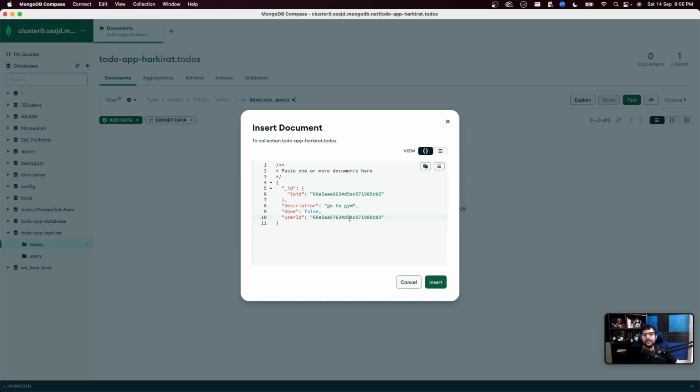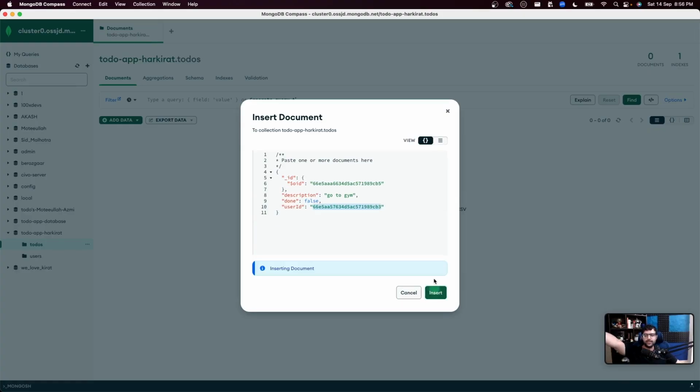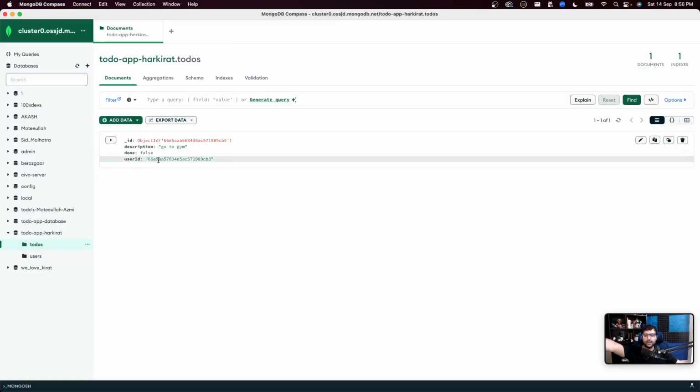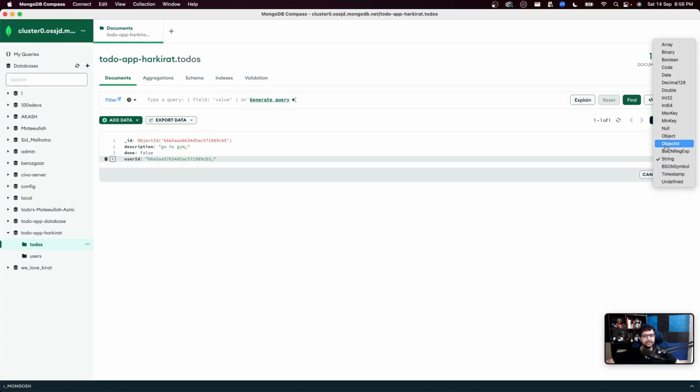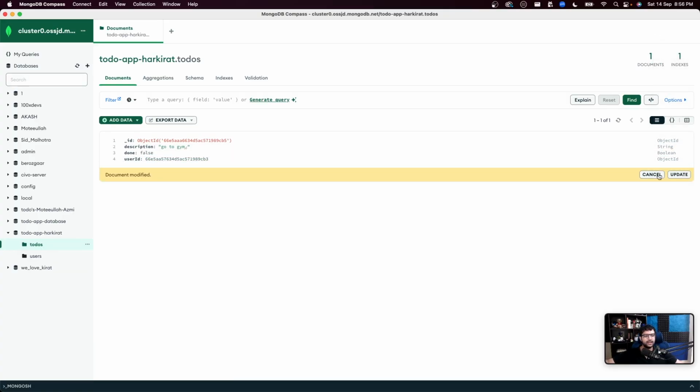That is exactly what I did over here. कि यार my own ID is this. मेरी भी तो खुद एक identifier है for this row. But the user ID that I am connecting to is this user. Insert. And the only other thing I did was this is not a string. This is an object ID. So I replaced this with an object ID. Clicked on update. And now it worked. This is what was